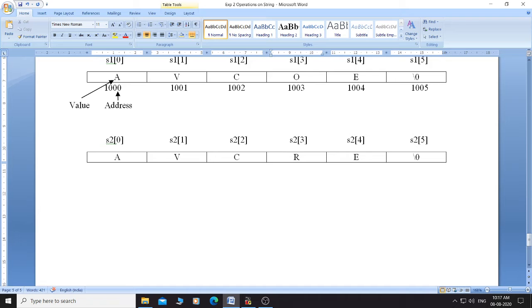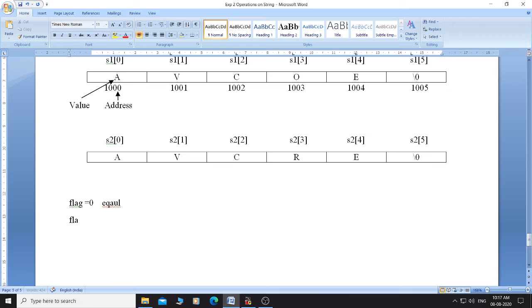So after coming out of the loop we check the value of flag, and if flag is equal to 0, it indicates that the strings are same or equal.